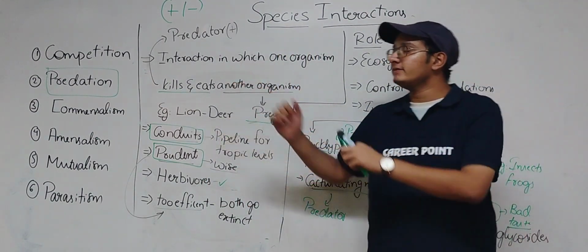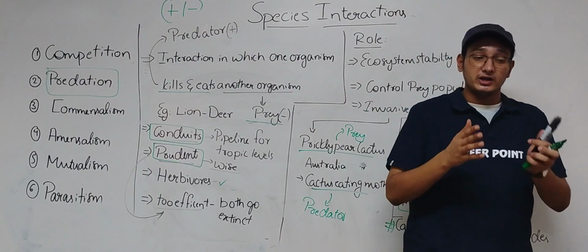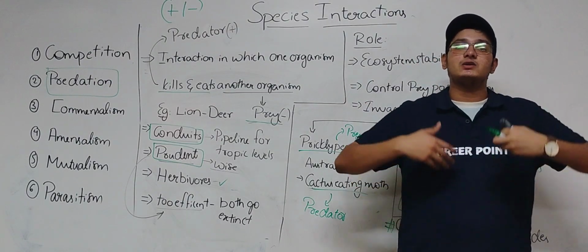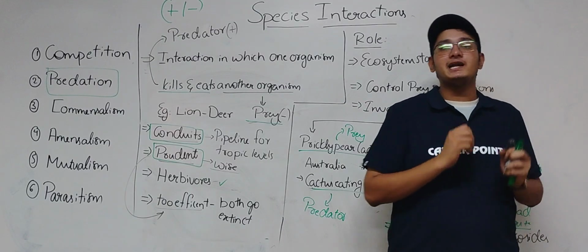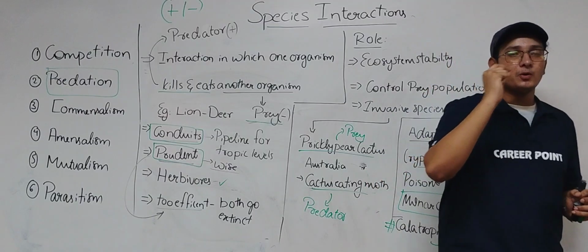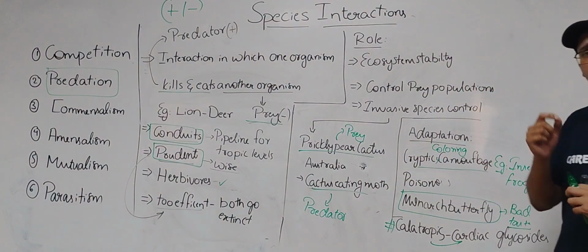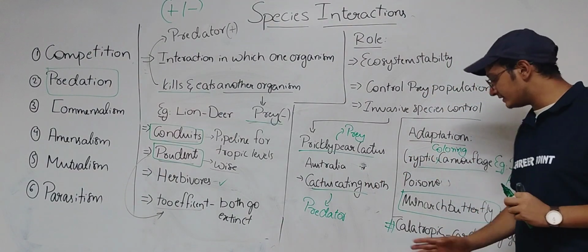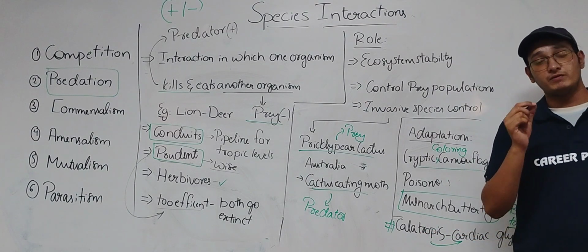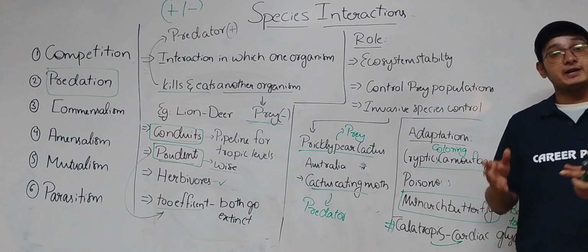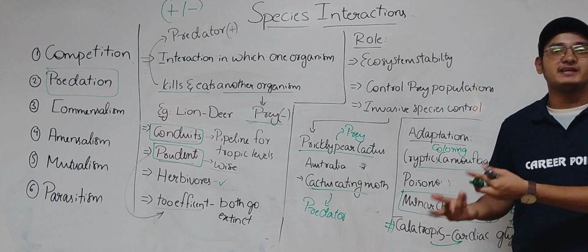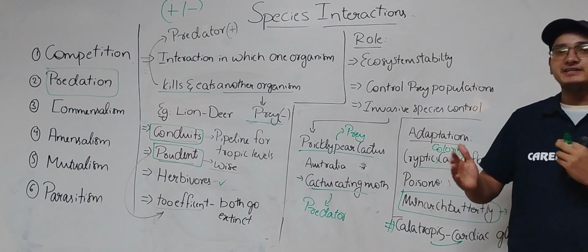Coming to adaptations. Why are adaptations needed? Here one is getting benefited and another is getting eliminated. They don't want to get eliminated, so in order to escape, they developed their own adaptations. If we take plant adaptations, we have thorns, spikes and thick leaves. And one important example given in our textbook is Calotropis, which releases cardiac glycosides, a very harmful chemical. When a herbivore like a cow or a goat tries to eat it, they don't want to taste it again. In this way, it can get rid of them.